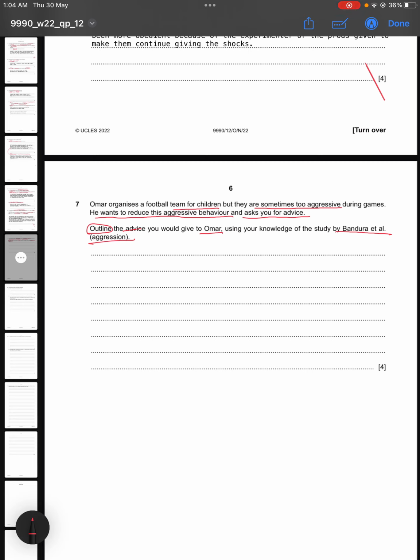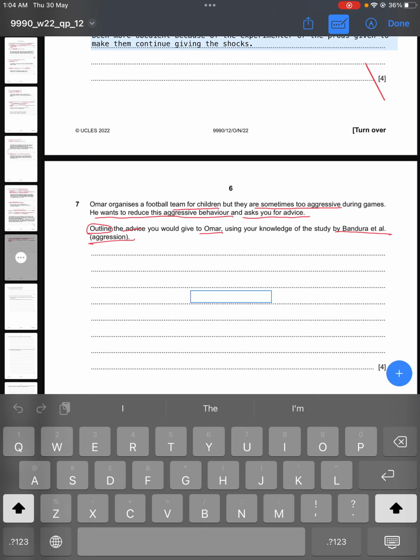And over here, Umar wants to reduce the aggressive behavior of the students. But for that, he is asking for advice and suggestions on how to go about it using Bandura as a study. So this is like an oppositional thing, but you have to use Bandura the other way around